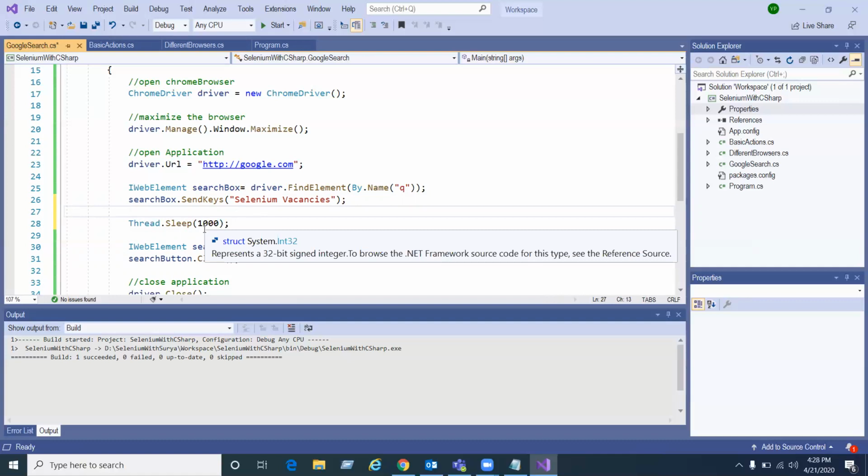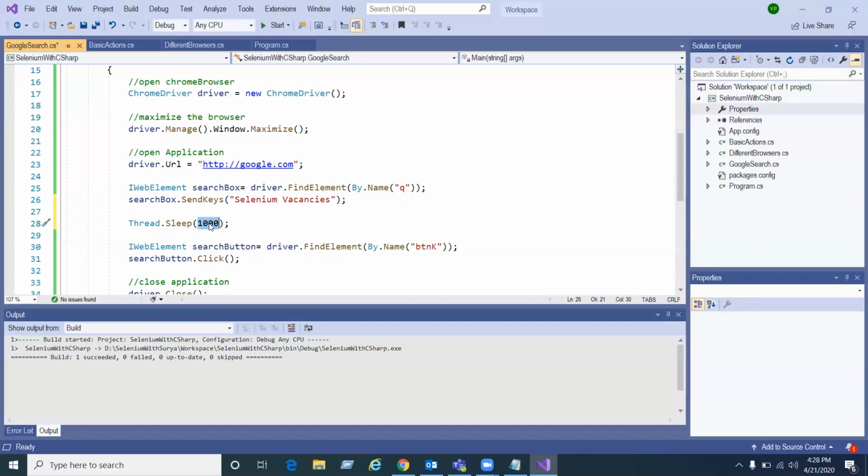What is the problem with this statement is, whatever amount you are specifying within the brackets, blindly that many seconds you are waiting. So within a small script, if you write it 2 to 3 times with some amount of time, unnecessarily we are increasing the execution time.